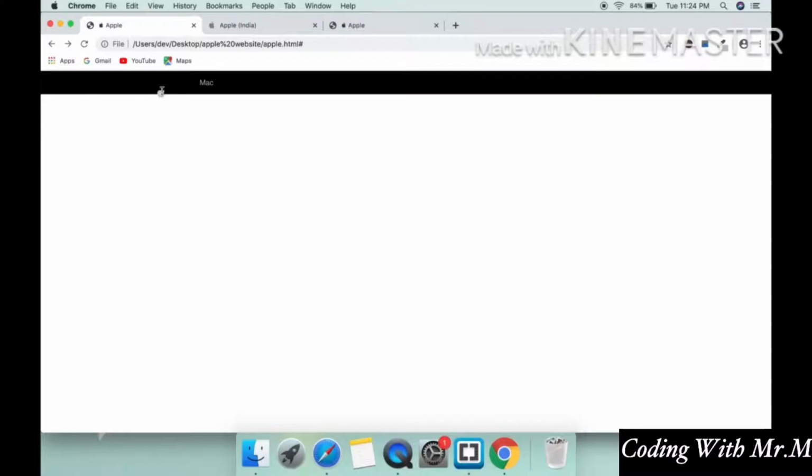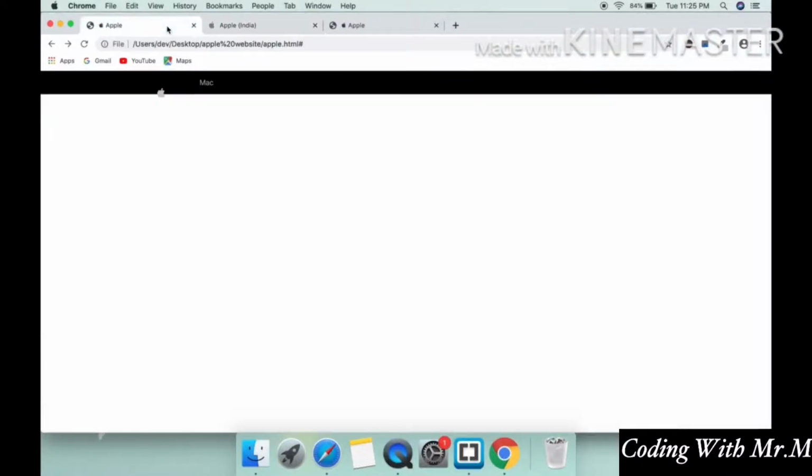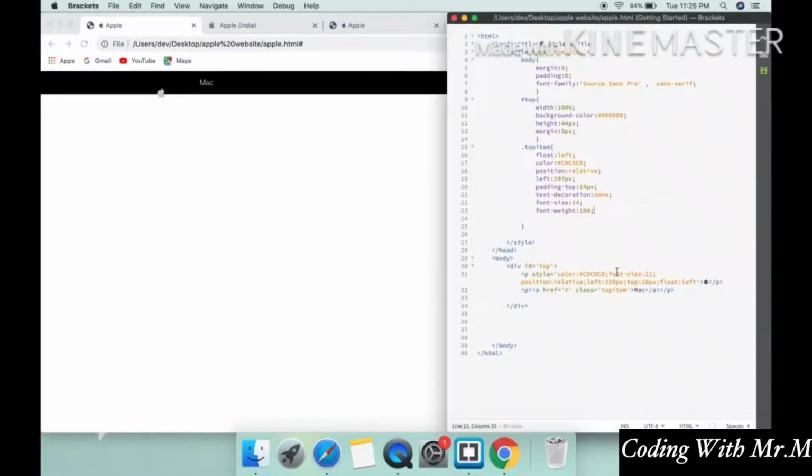This one came a little down there instead of this top position. So that changed because of the Mac paragraph tag. So that's not an issue. We will make this one to here again. So for that one, just go to the style of this Apple logo, and in that one, what will we change? The top position. So right now this one is in +10, so we require something negative value there. Say -10,